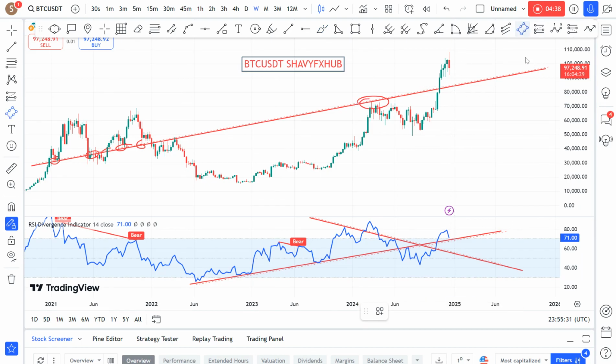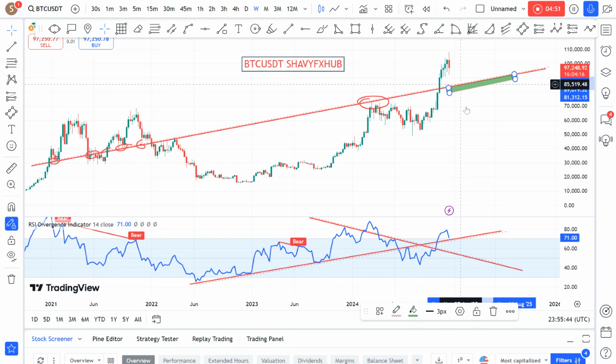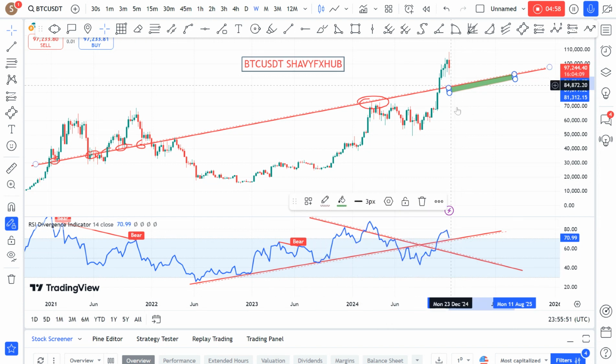So it makes sense on technical to be patient to see if it is possible for price to come to this level for a potential buy. I think your next buy opportunity will be at this level where we see BTC below 100K, below 80, 85K. So if price comes to this level in this month, let me make a very clean forecast